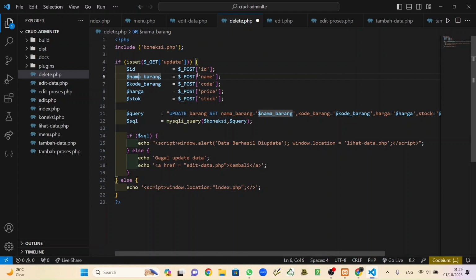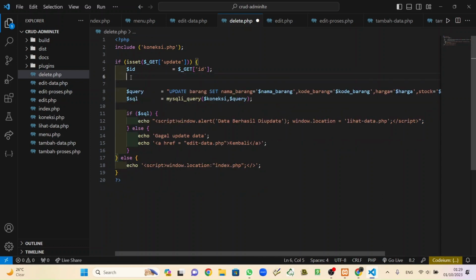So we use the global attribute get and also this ID, and we remove the rest because we just need ID from this. So it will get the ID that the URL gives us.